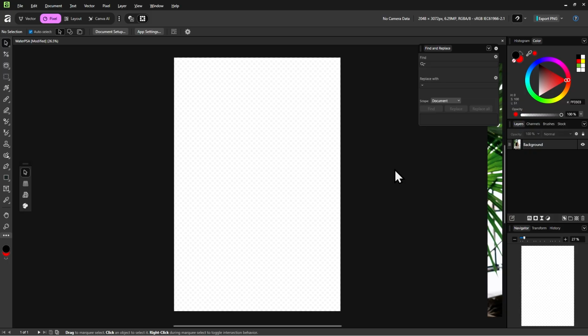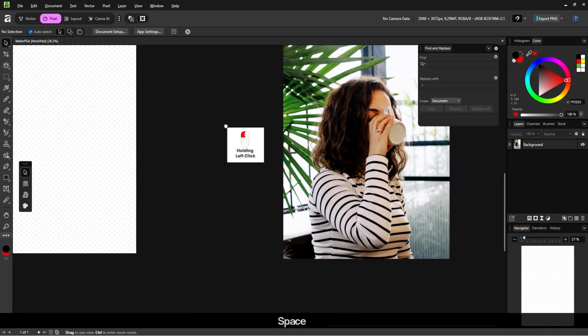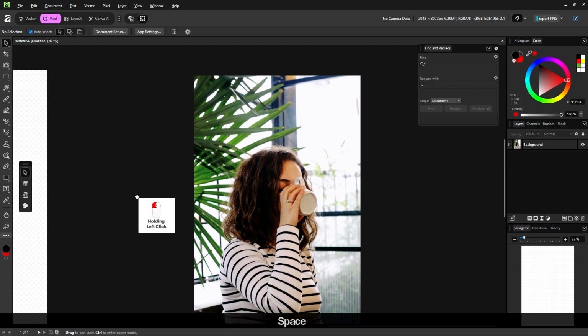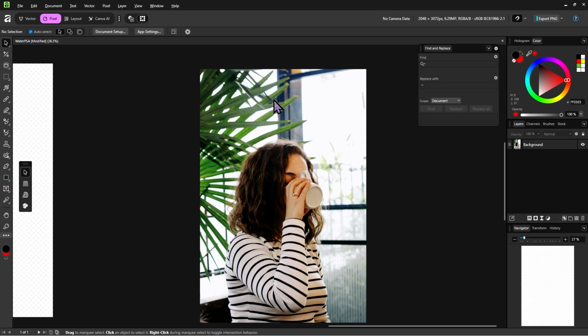Well, if you hold the spacebar and then drag around using left click, you can move around the canvas. You can move around this space where your canvas is and find any objects that went out of your canvas.